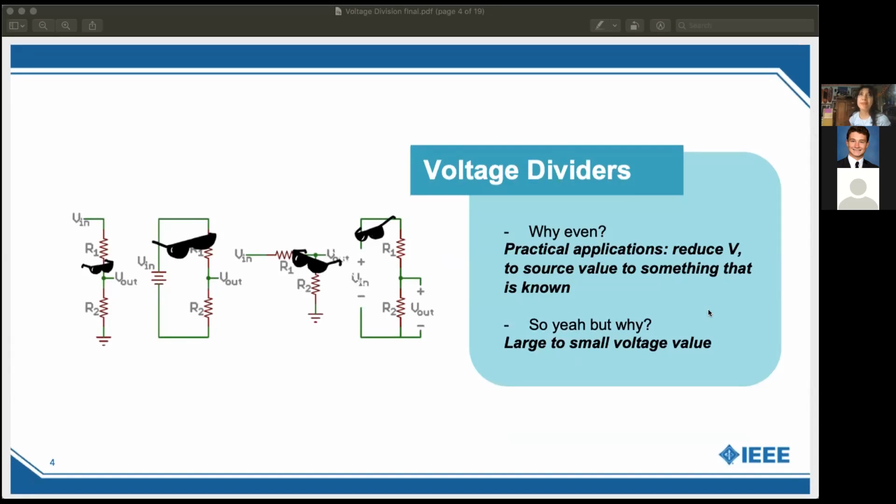So voltage dividers, why even? They have a large amount of practical applications. They reduce a source voltage to something that is known. It's mainly just going from a large to a small value, whatever you want it to be. Voltage dividers are pretty fundamental and probably the most common